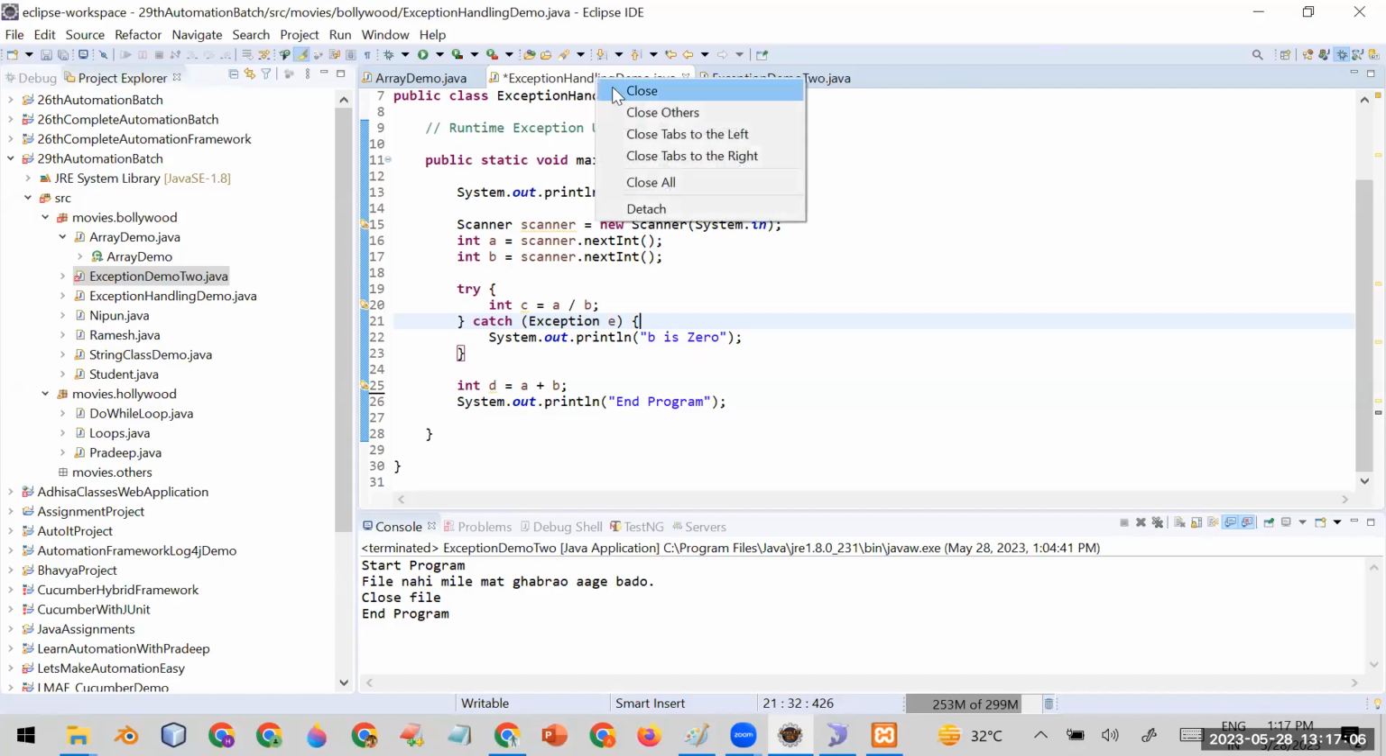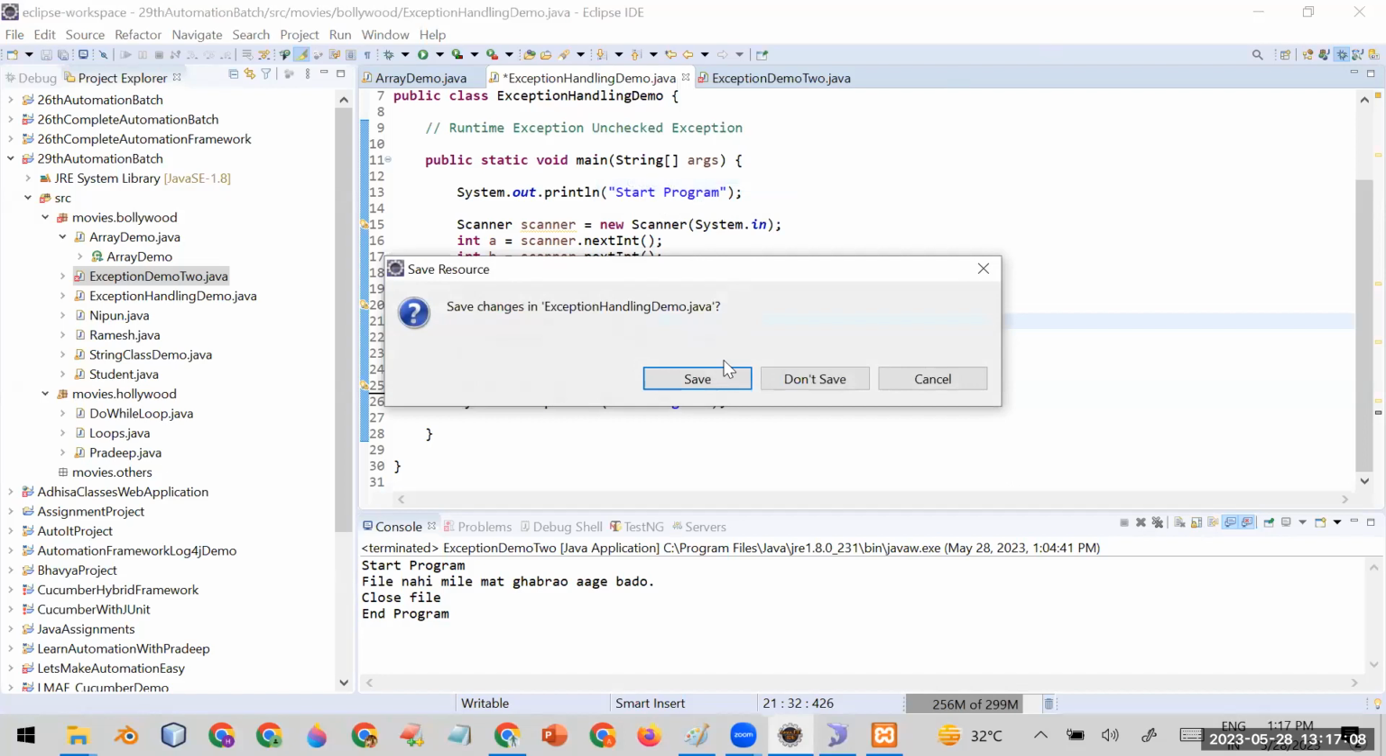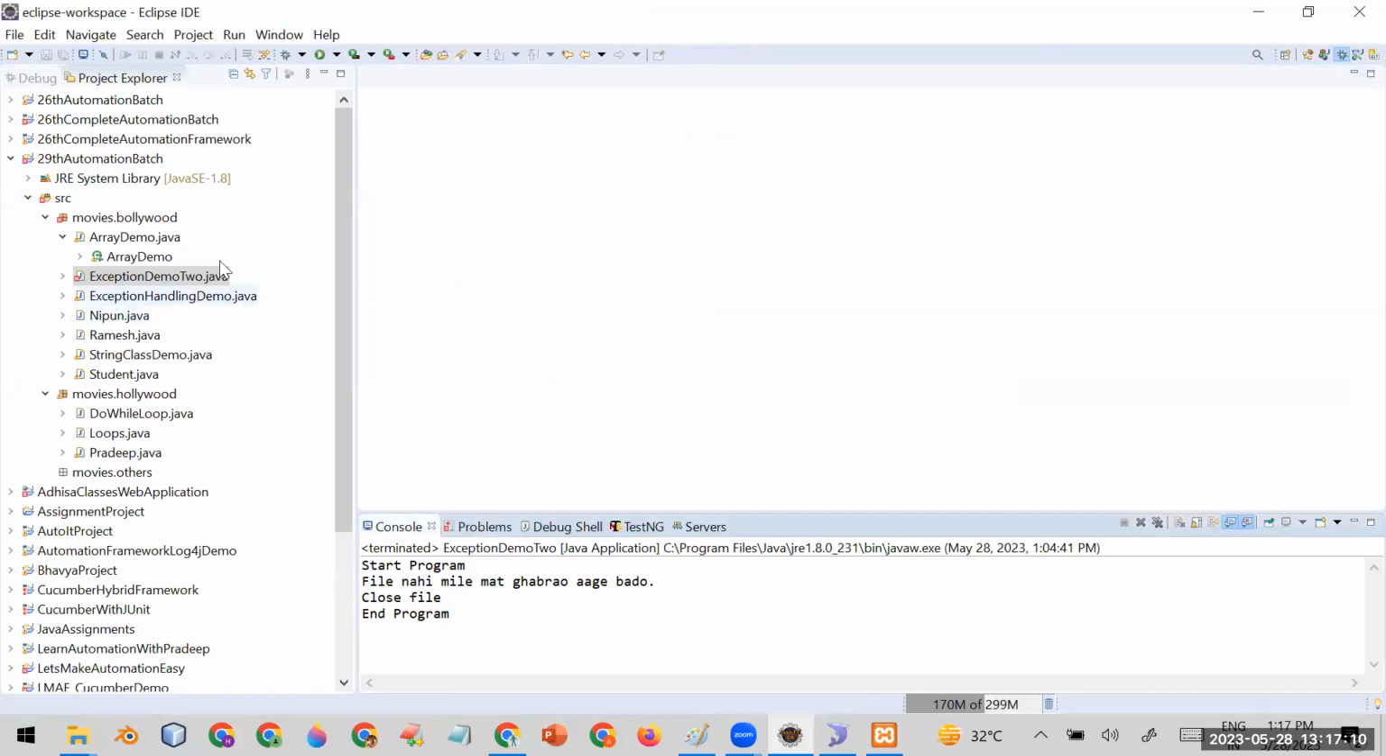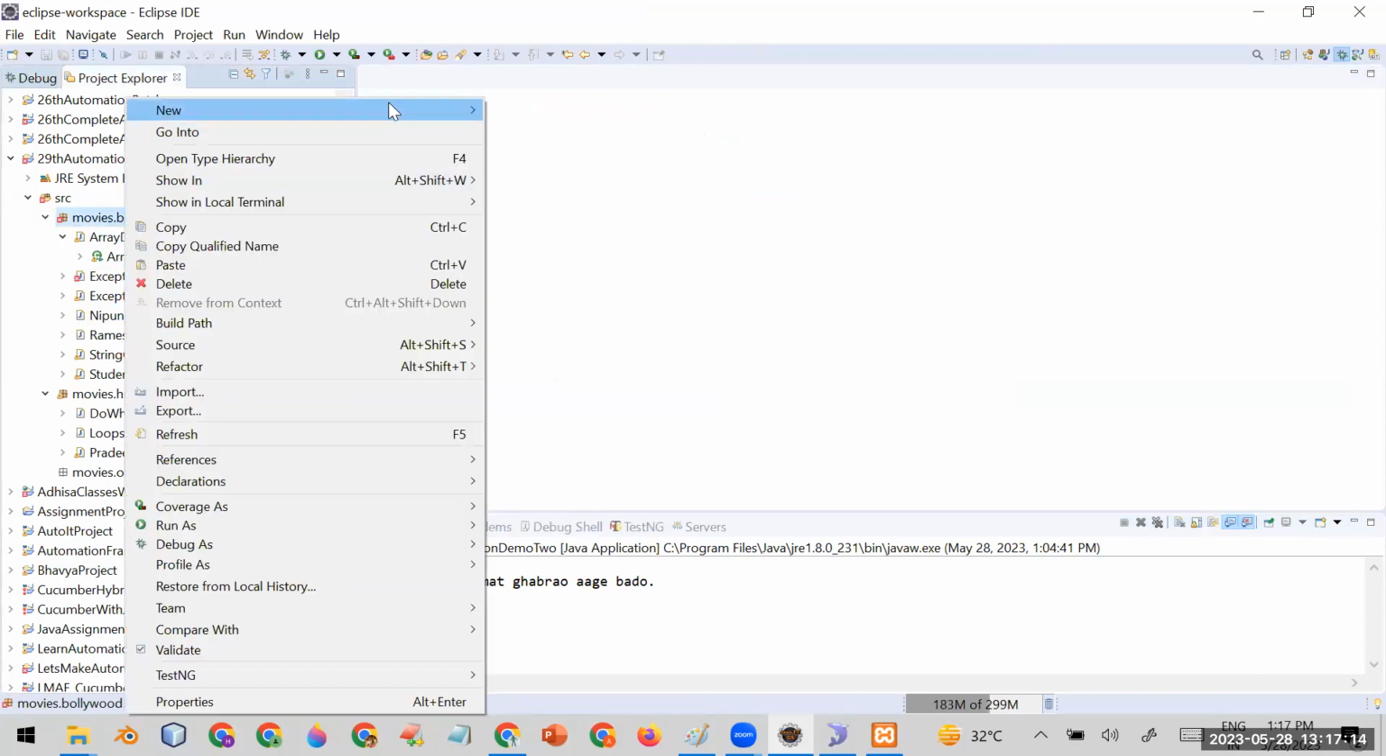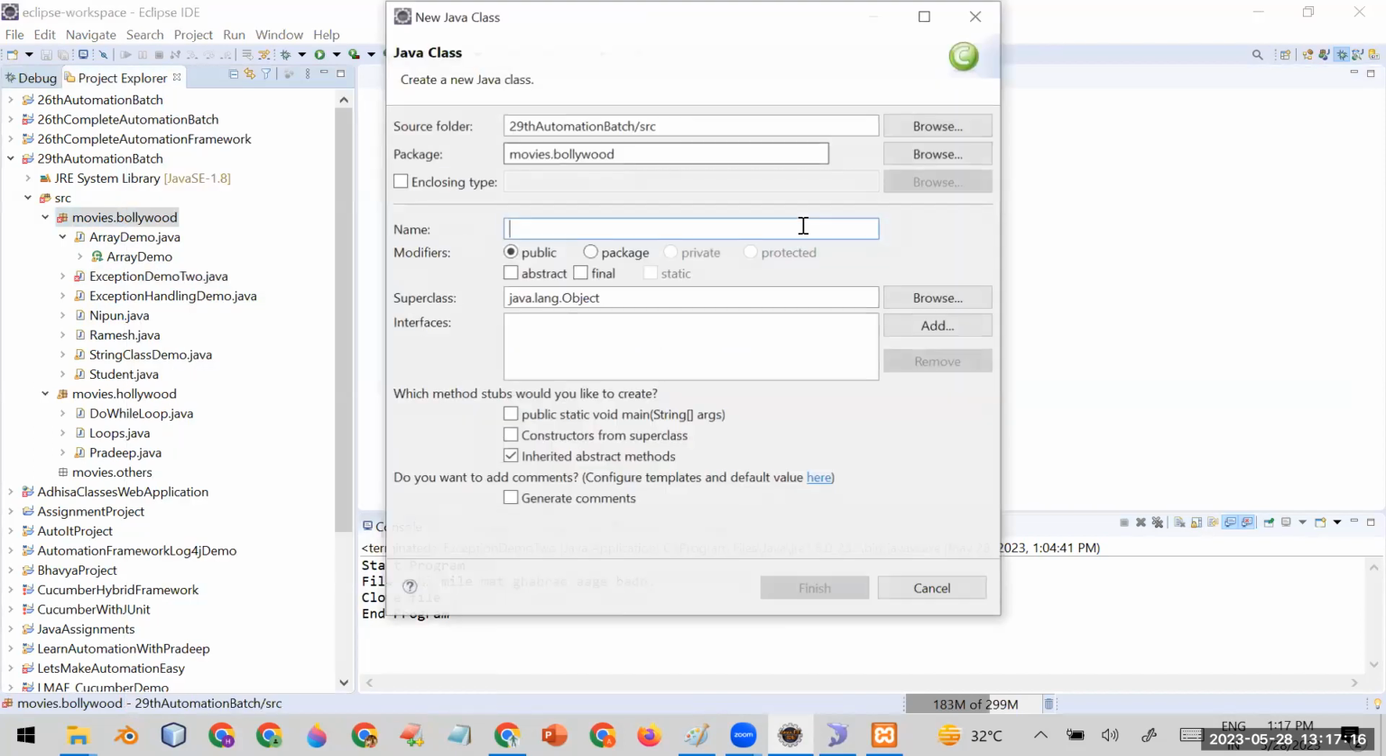Okay, now in this session, I'm going to tell you about collections. First of all, let me show you what is a collection. Let me create a new file for that: a class called CollectionsDemo. I always try to create a demo class so that I can give you an understanding